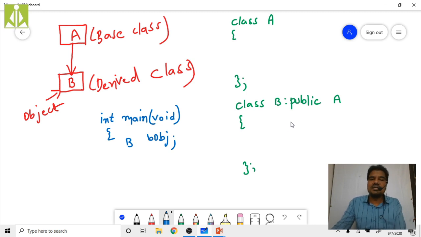The derived class, B class. So what is my constructor over here? The default constructor, simply it will have B like this, and then open bracket, closed bracket. Like this it will go, your default constructor.